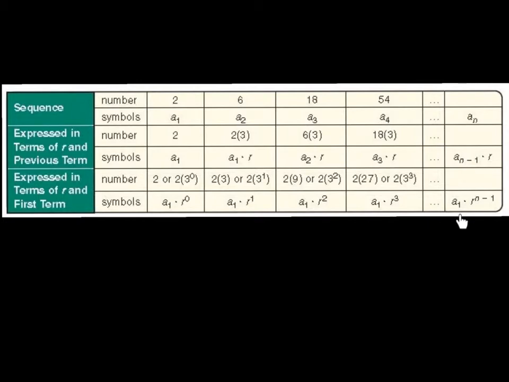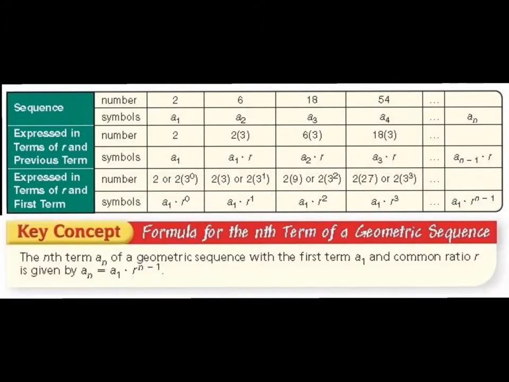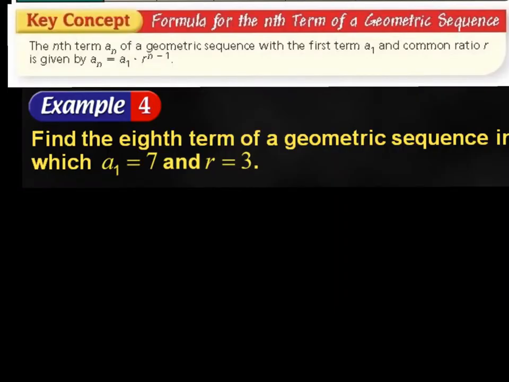And that pattern is going to continue forever, where the exponent of your common ratio is always one less than the term you're on. The nth term, a sub n, of a geometric sequence with the first term a sub 1 and a common ratio of r is given by a sub n equals a sub 1 times r to the n minus 1. To find the eighth term, I'm looking for a sub 8 equals, my first term they said was 7,